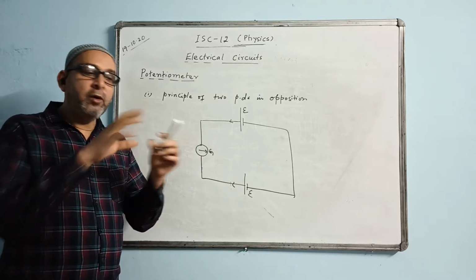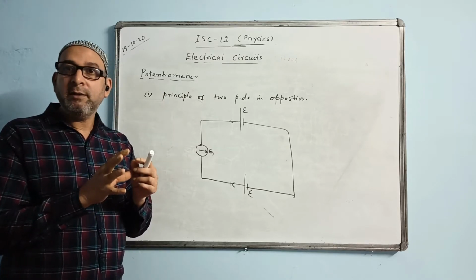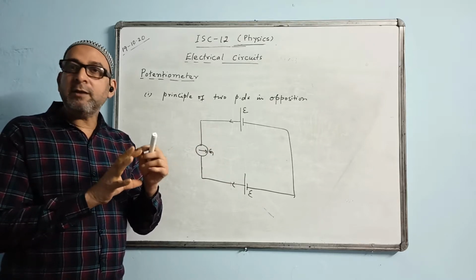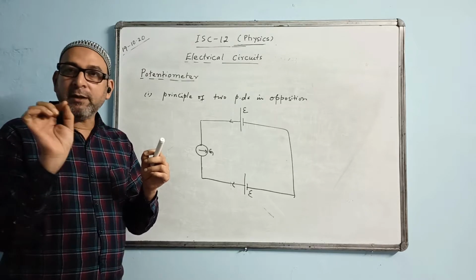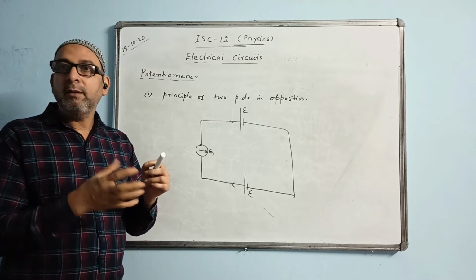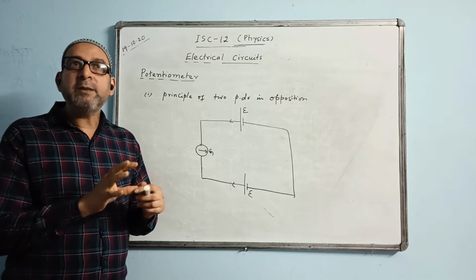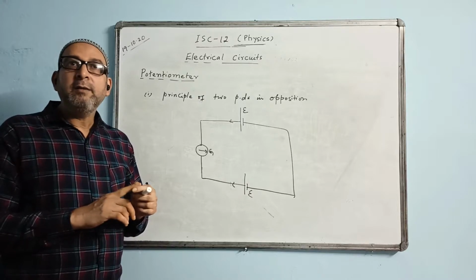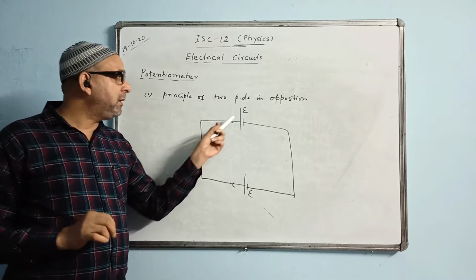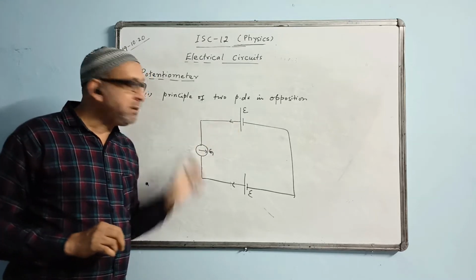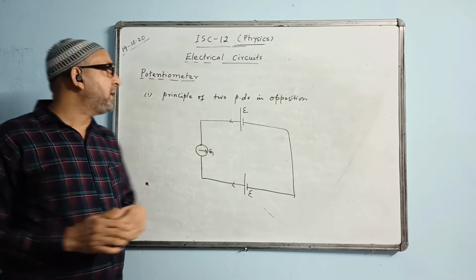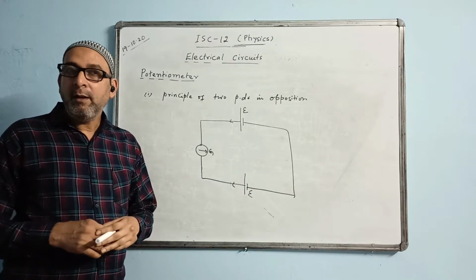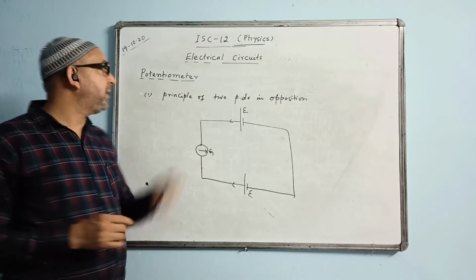Normally, when we use a voltmeter, though a voltmeter has high resistance, yet it draws some current from the circuit. It does not offer infinitely high resistance. A little bit of current it will draw from the circuit. That is, whatever it measures does not give the correct value of the EMF, because it draws a little current from the cell whose EMF we are finding. That is why a potentiometer is used for the measurement of EMF, not the voltmeter. What measures the EMF of a cell more accurately is a potentiometer.